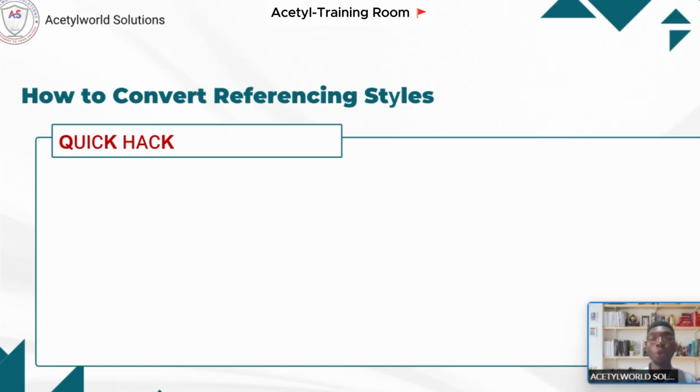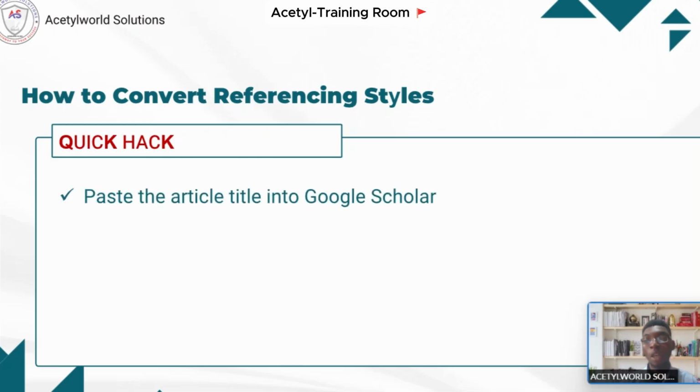So even if you go online and maybe this article that you are writing for uses Harvard, maybe this other article makes use of APA, and you want to now interchange between the two and you are quite confused how to do it, here is a quick hack on how you can do that. So all you just need to do is to open your Google Scholar. I believe by now you already know what Google Scholar is. If you have watched the last two videos, you will know what Google Scholar is.